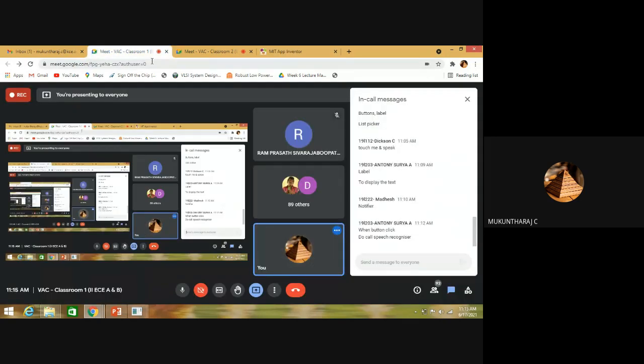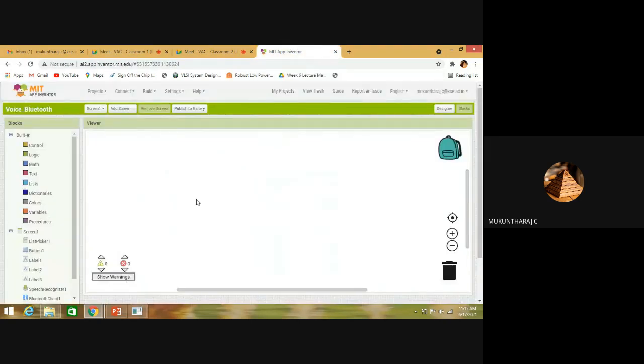Right. So first, initially, I must use the list picker to connect the Bluetooth device. After connecting it only, I will push click to talk. Then, after getting the voice from the user side, I need to send a text 1 or 0 based on the voice to my Bluetooth device. So for the very first thing, I need to use the list picker rule.